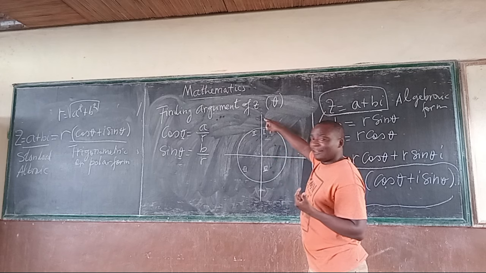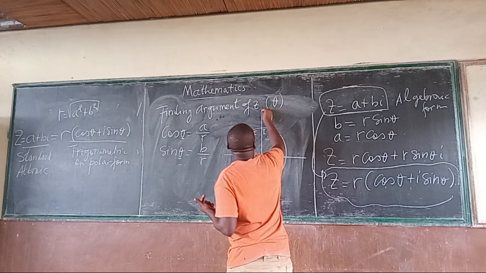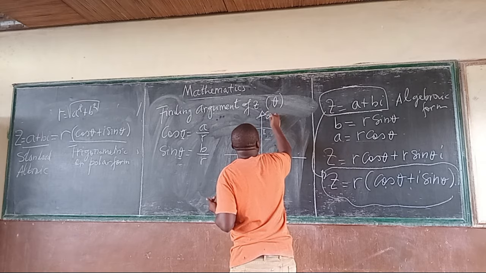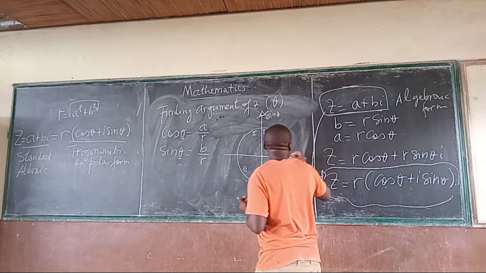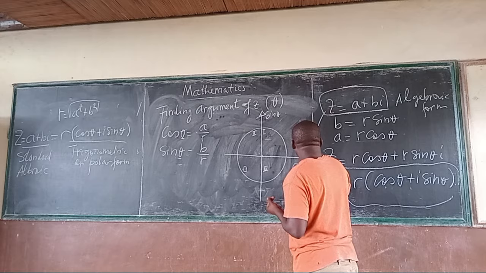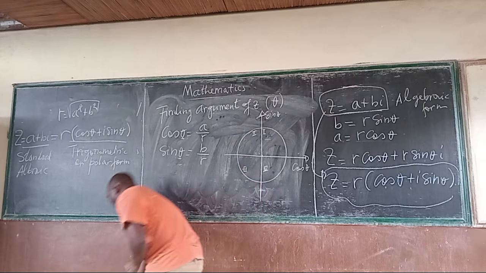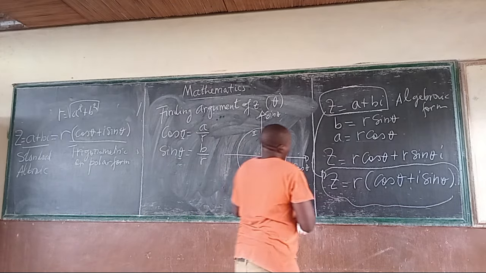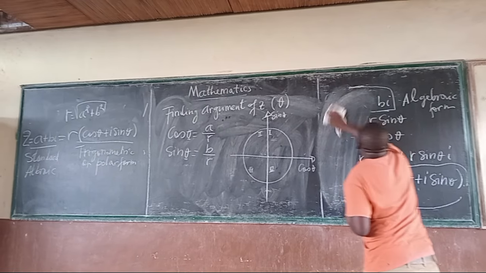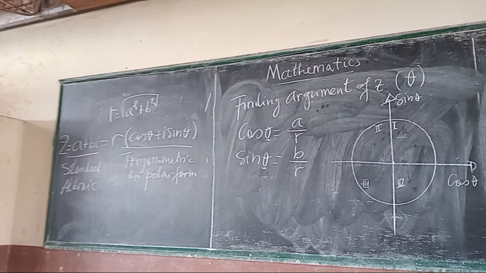Always the value of the sine of an angle is located on the y-axis. Here, this is what you call the sine of angle theta. Then on the x-axis there is the cosine of angle theta. Then, teachers, to get our argument of the complex number,